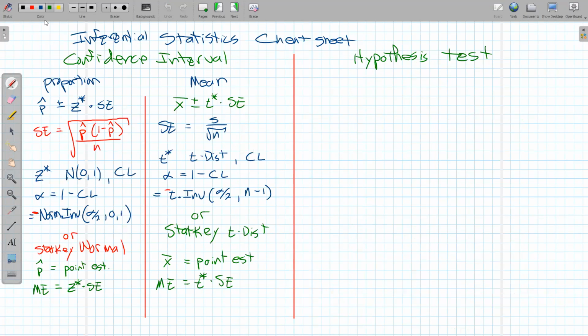So let's write it down. Either for a hypothesis test, we were doing a proportion, or we were looking at a mean. So a couple cases here to look at. Either way, we need what's called the standardized test statistic. And so the test statistic for a proportion,